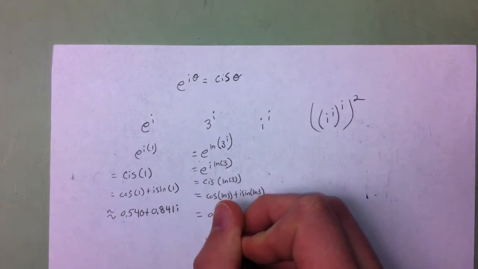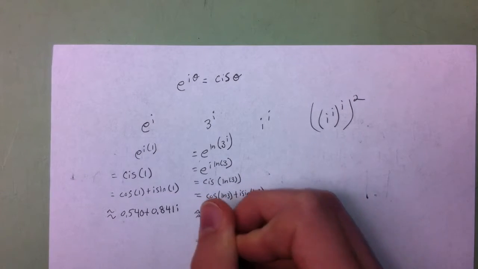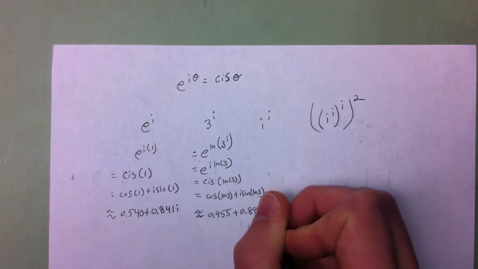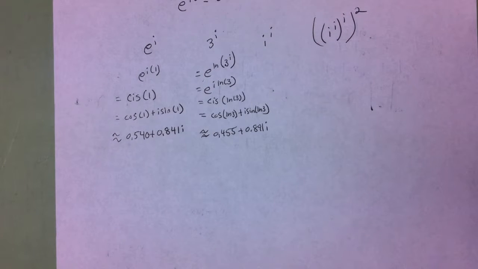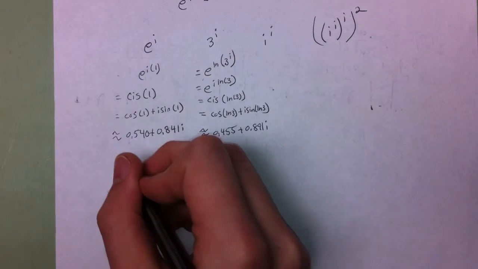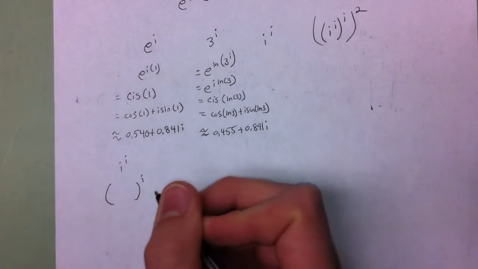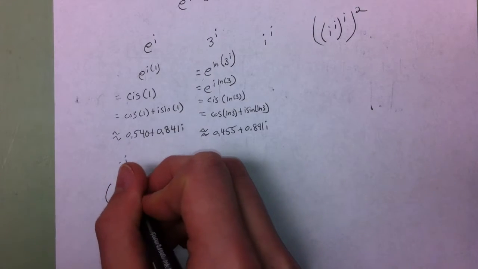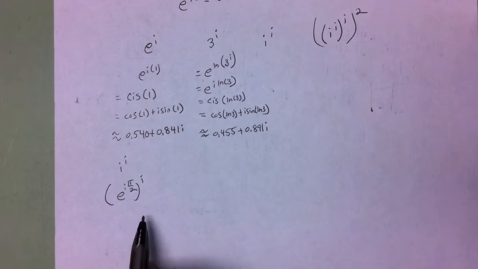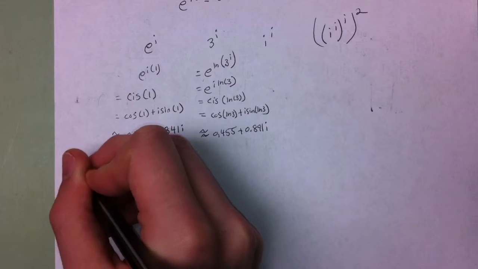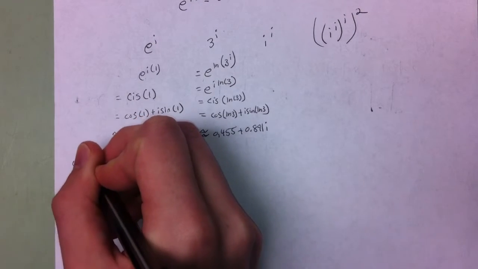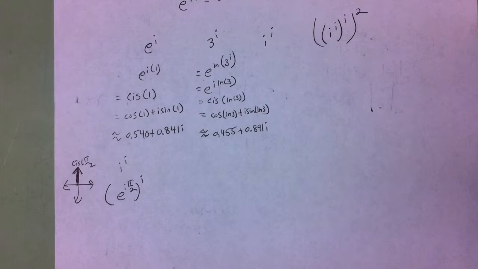And that will come out to approximately 0.455 plus 0.891 i. Now for i to the power of i, we note that i is a complex number. So we can rewrite i as e to the power of i pi halves, because this is cis of pi halves, and cis of pi halves is just 1. So that tells us then that that's valid, and then since this is an exponent, we can